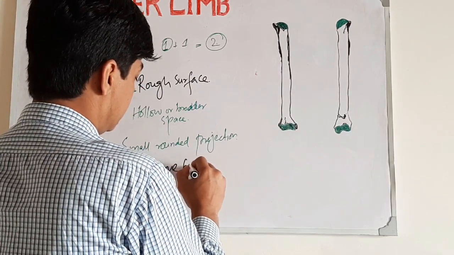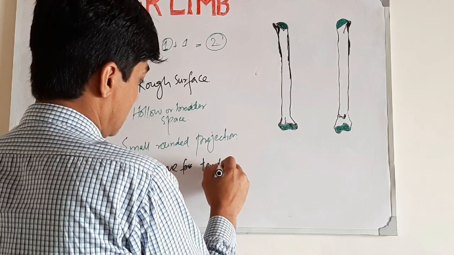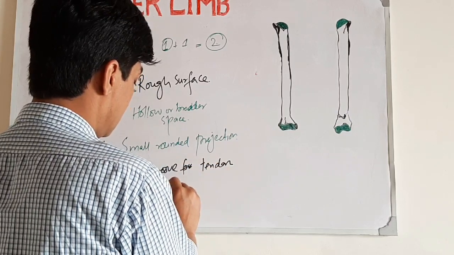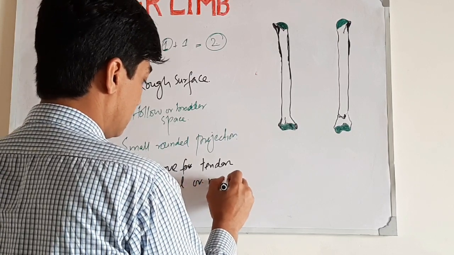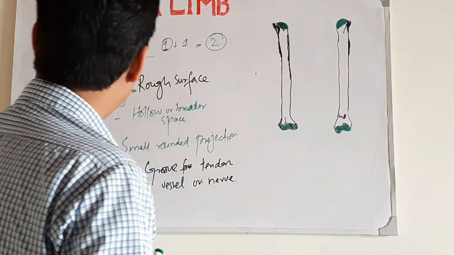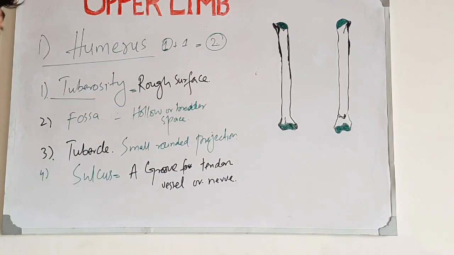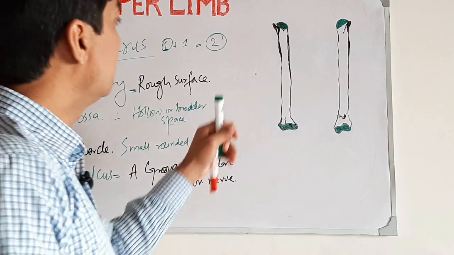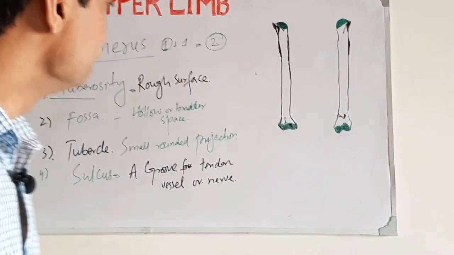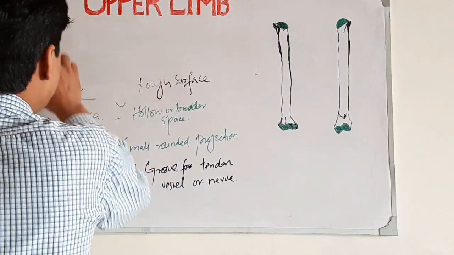A groove for a tendon, vessel or nerve. So these are the terminologies we will use in the upper limb, especially the humerus. In the humerus,